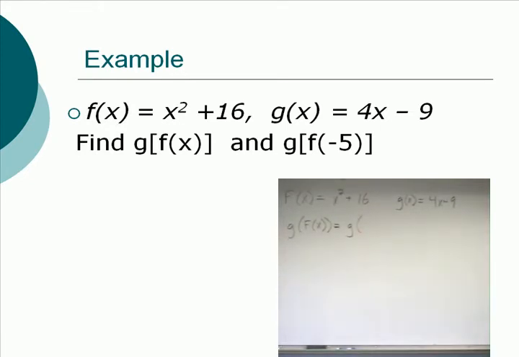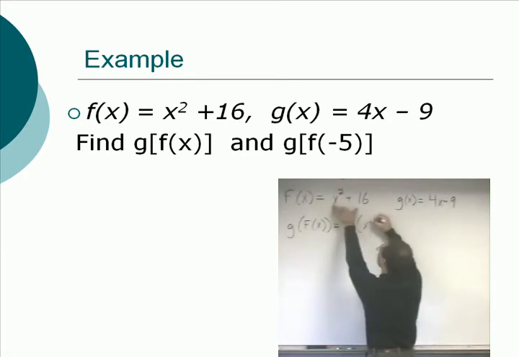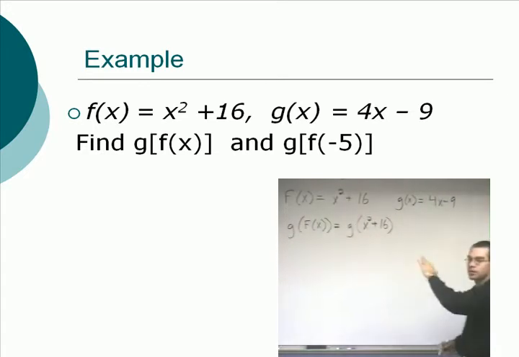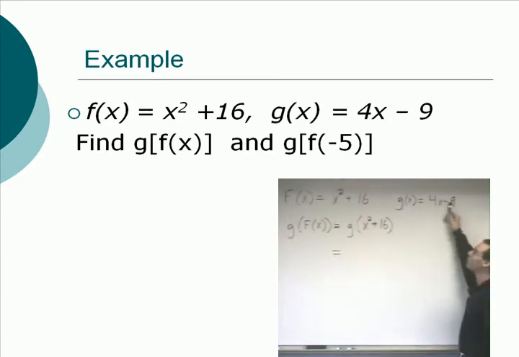X squared plus 16. That is f of x. We're saying plug f into the g function. So we're going to take x squared plus 16, and we're going to plug that into the g function. What does the g function tell us to do with our input? You got it. Exactly. G function says you take your input, you multiply it by 4, and you subtract 9